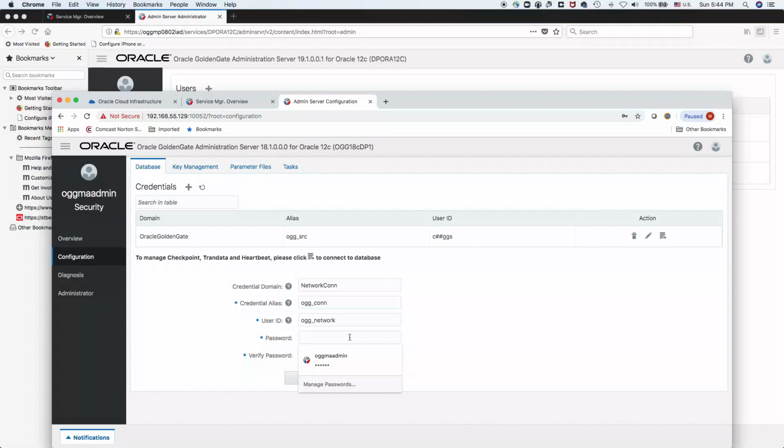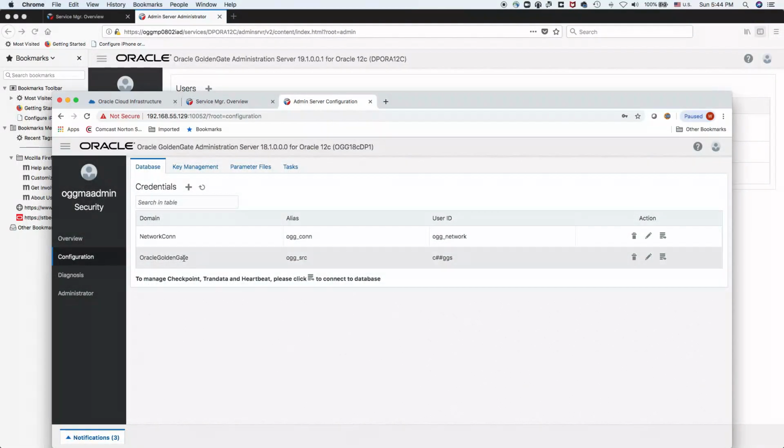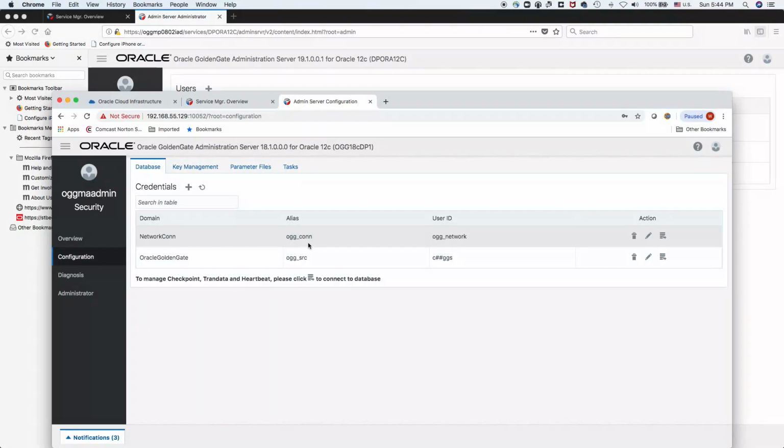Password, the same password we defined earlier, which will be used to log in. Again, this user ID and password you use to log into the target, which is this guy, 19.1. Okay. So now you have a different domain, have OGGcon alias, and this will be used when we create the